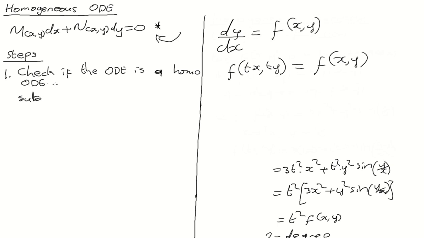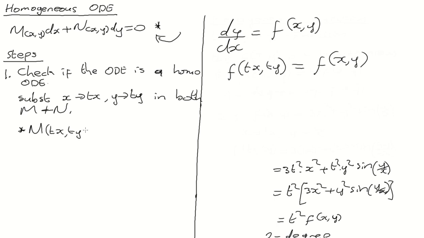We have to substitute. Where there is x, you put tx. Where there is y, you put ty. This you do in both m and n. Right? So in m, if this is a homogeneous differential equation, then having substituted tx and ty, you must get t